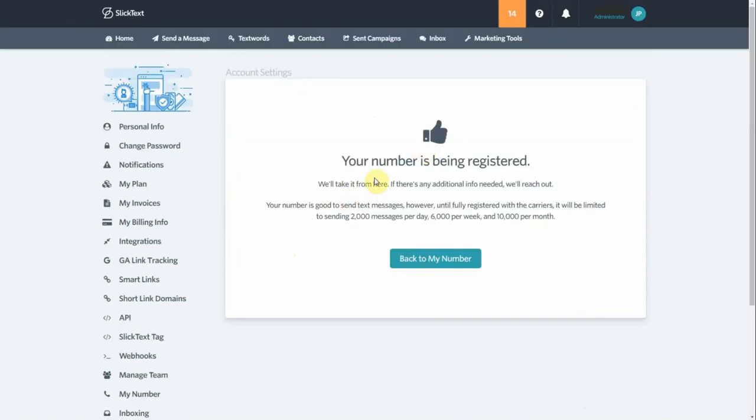Now right here it says your number is being registered, okay? It's not registered yet because what happens is this is a manual process where someone from the SlickText team is actually going to come in and manually check everything out and register that phone number through their process manually. We don't know how long specifically it will take. We don't know if it takes a day specifically or a few hours. Usually it's pretty fast, but one way we can check on that status is if we click on Back to